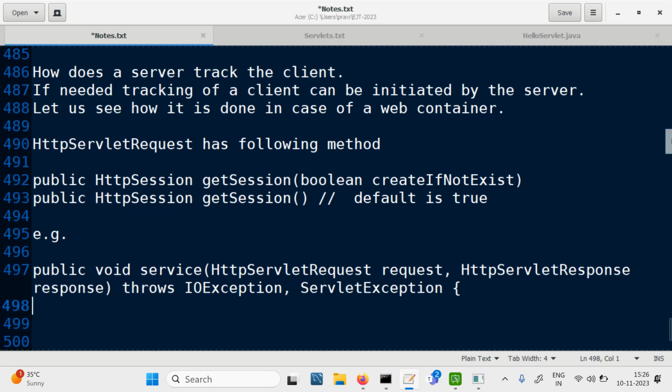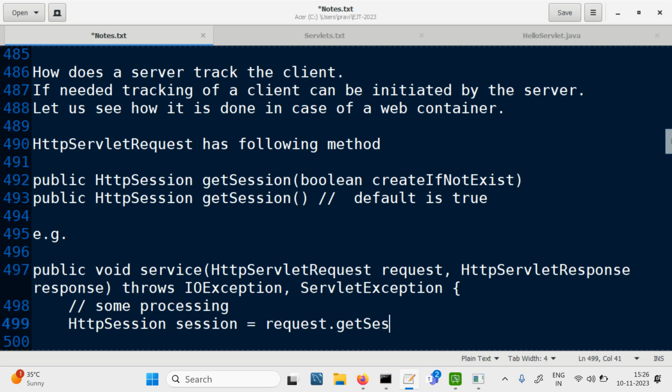So within this, fine, you may have done whatever processing. But now you decide, okay, if you invoke HTTP session equal to, okay, so if I am using false, okay,